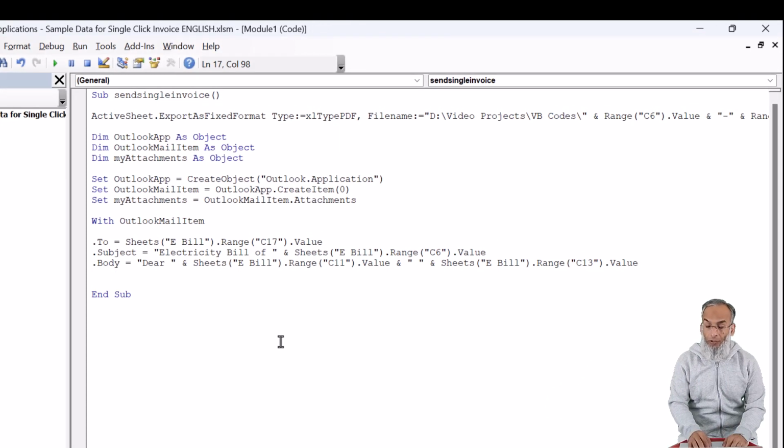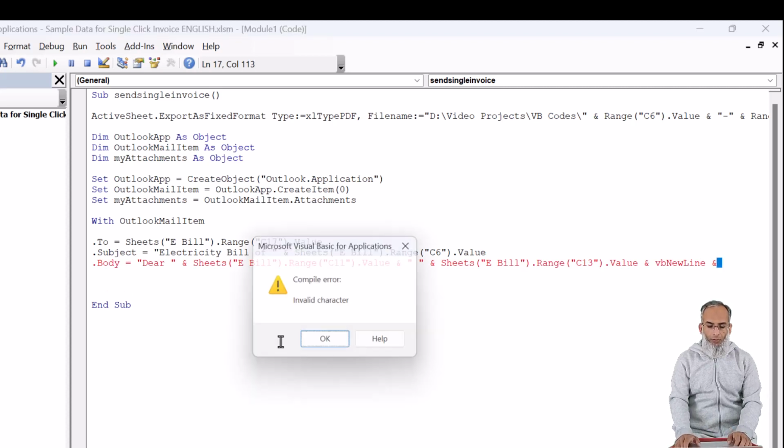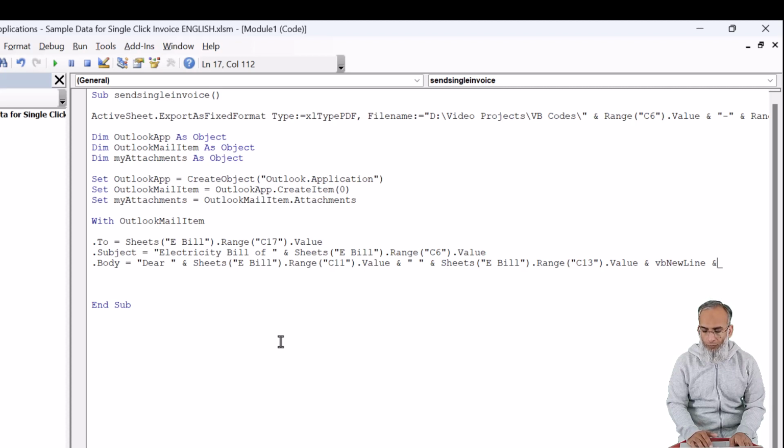But the better way of doing it is that write and write VB new line, and then write and underscore. So I think we forgot to give a space here. So here's a space. Now press enter, and now we will continue to write our text. Your electricity bill